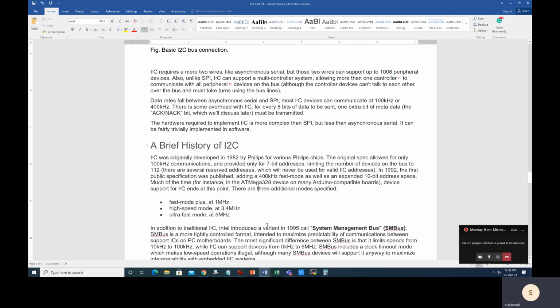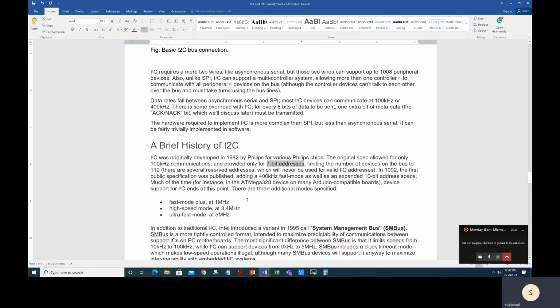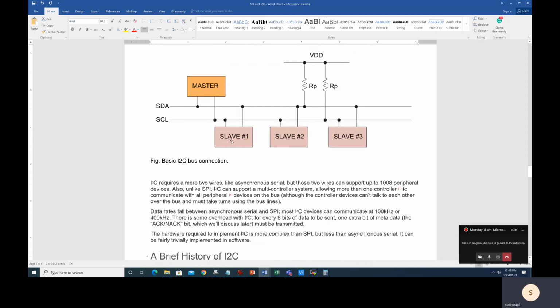Such a software addressing scheme is done where we have a 7-bit addressing mode, for example. With a 7-bit address, that means 2 to the power 7, 128 devices, can be connected at max. So up to 128 slave devices can be connected onto these two lines of the I2C bus. That means using just 2 lines, up to 128 devices can be connected, which makes it very promising in terms of a reduced number of lines for communication.